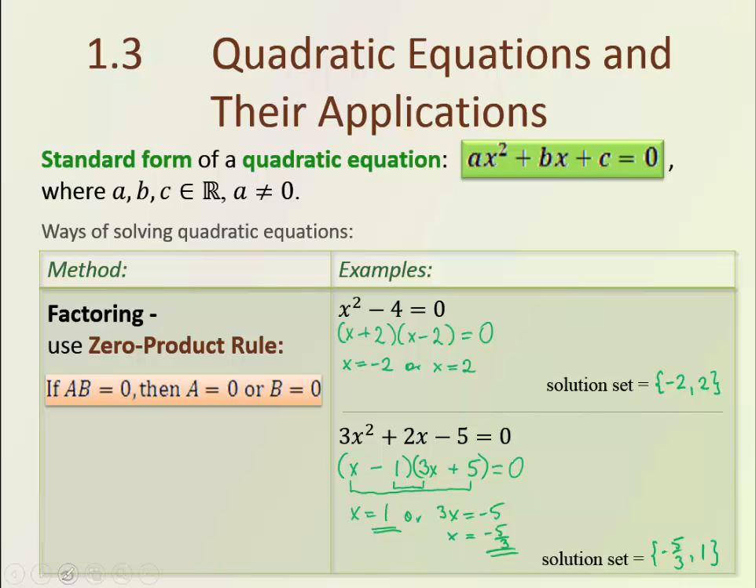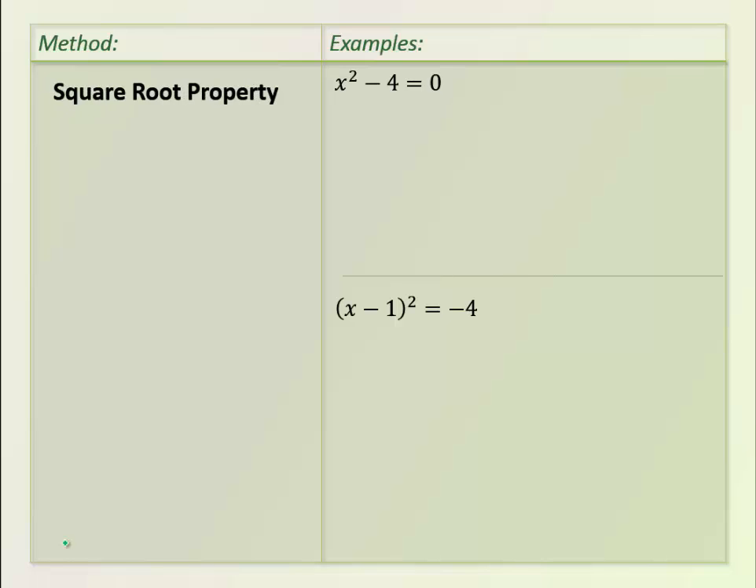So that's a well-known strategy, by factoring and by using the zero product rule. How else can we solve quadratic equations? Another method is called the square root property. And this method works very well in the first example. Instead of factoring it like before, we could put the 4 to the other side